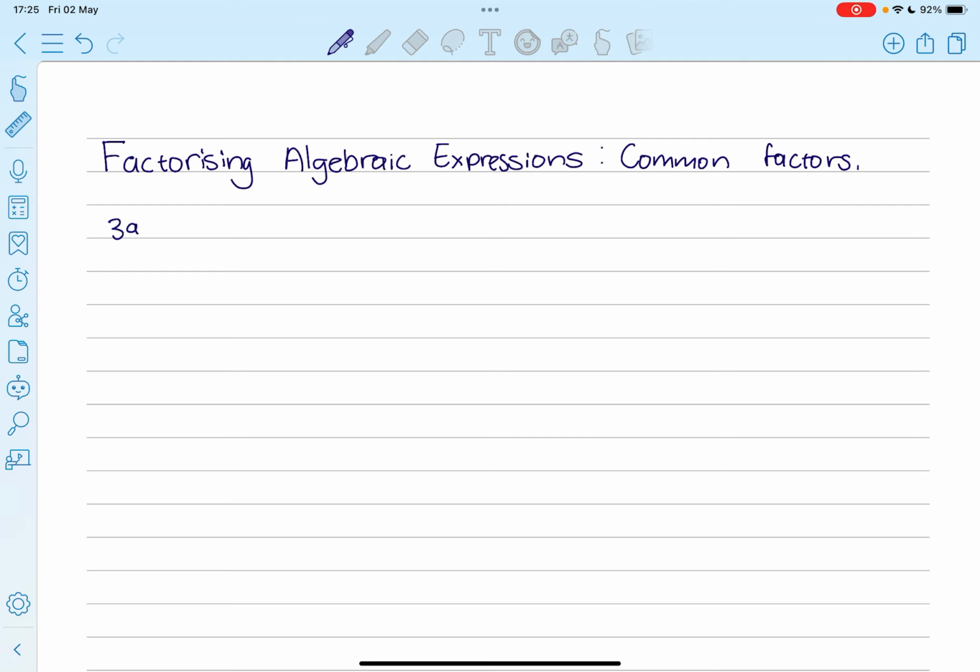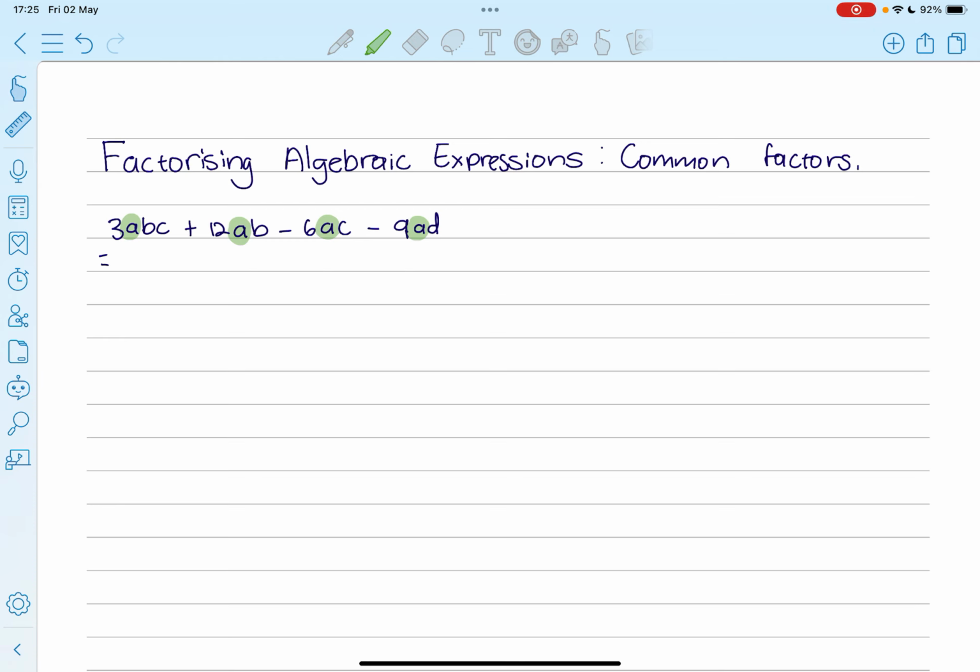If we have been given 3abc plus 12ab minus 6ac minus 9ad, and we need to take out the highest common factor. So what we're going to do is try to find what is common in each of our terms. To start, we see that they all have a in them, so we can take that out as a